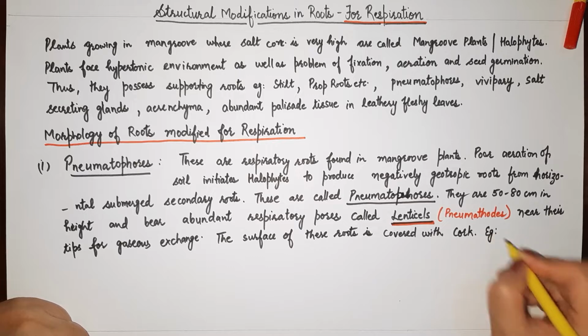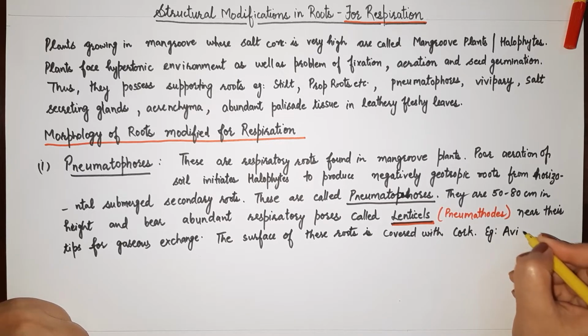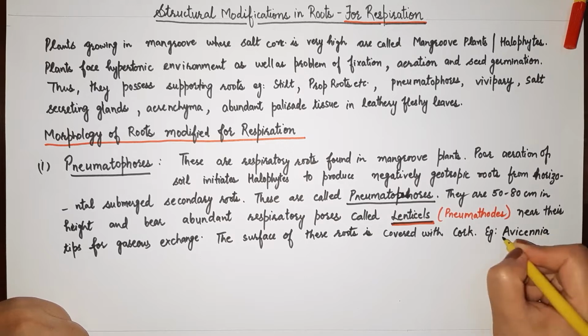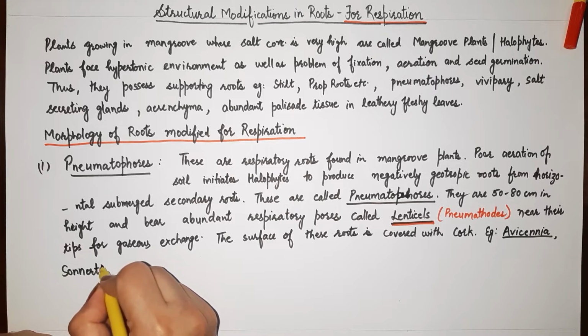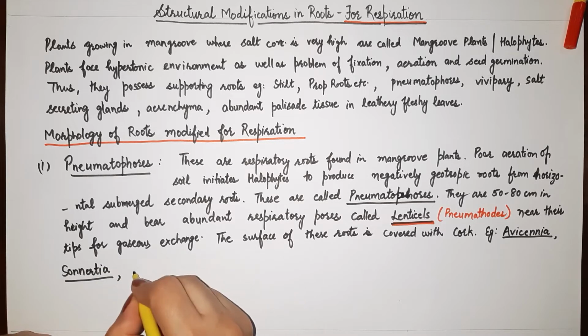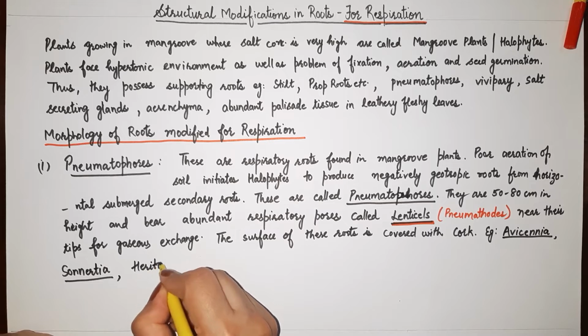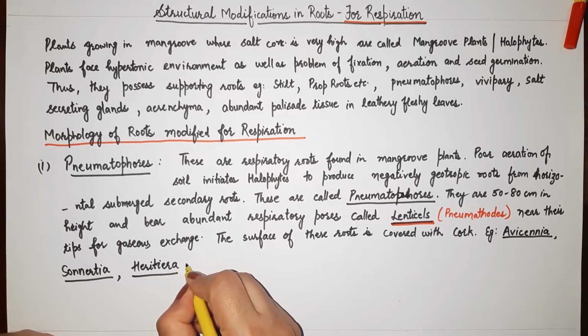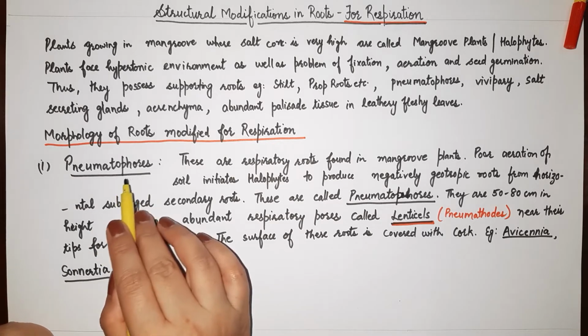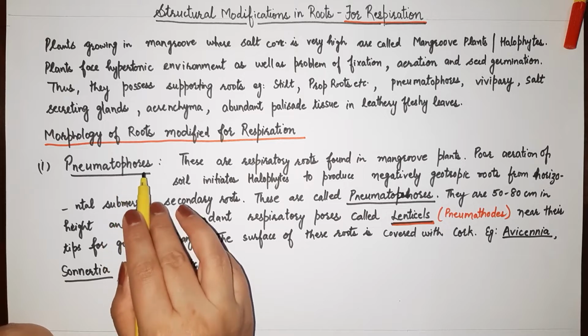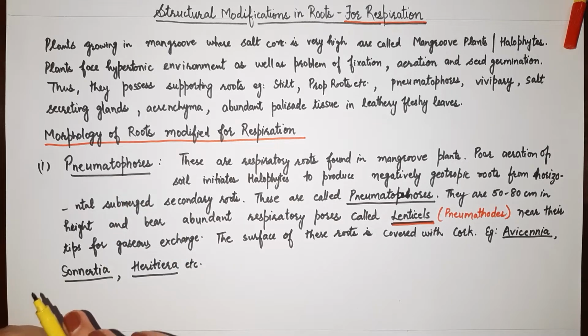Now examples where we see pneumatophores, the commonest examples are Avicennia, Sonneratia, Heritiera. Okay, a few species of Rhizophora also show the formation of pneumatophores. So, this is the first structure, which is a negatively geotropic aerial structure that arises from the horizontally growing underground roots